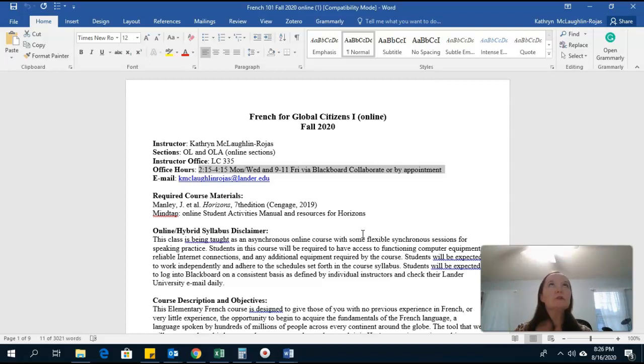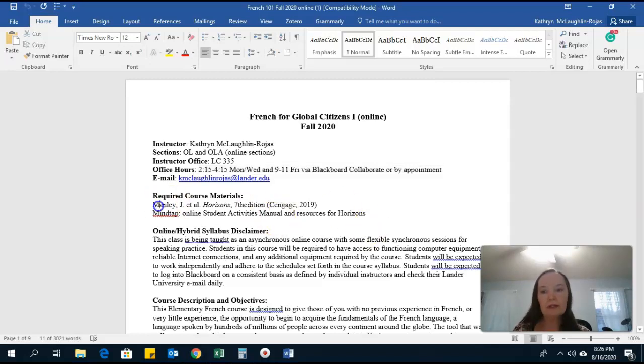In case you're not aware of what Blackboard Collaborate is, you may be familiar with it, but you may not have used it before. It's kind of like an online conferencing app, a little bit similar to Zoom or Google Meet or any of the other various ones that are out there. It just happens to be built into Blackboard, so it's easy to use, easy to access. And we'll actually use it for some presentation assignments that we'll do this semester. So you'll get the feel of Blackboard Collaborate soon enough.